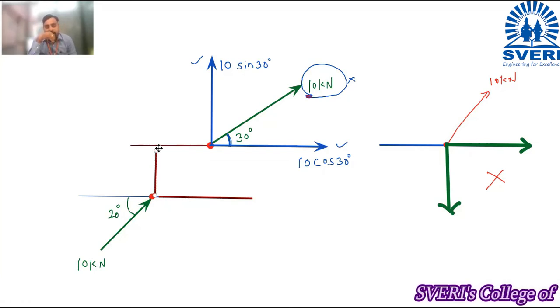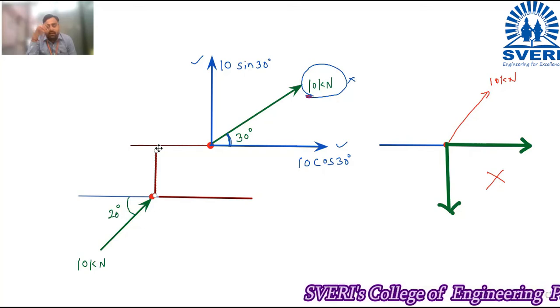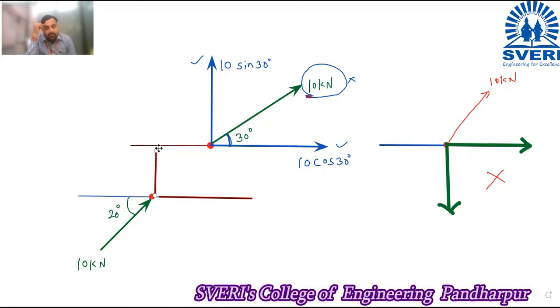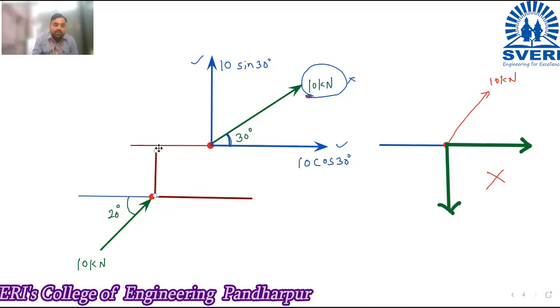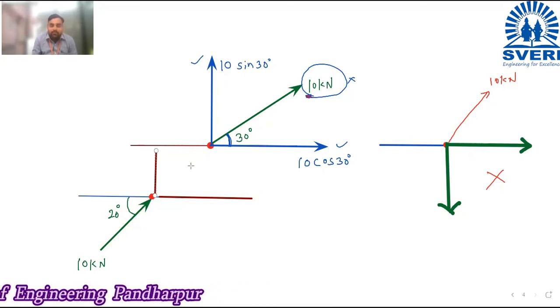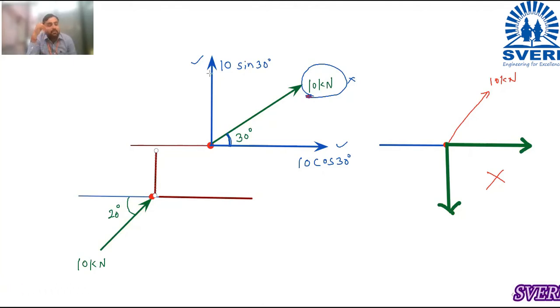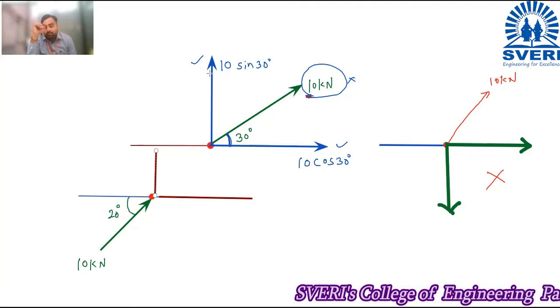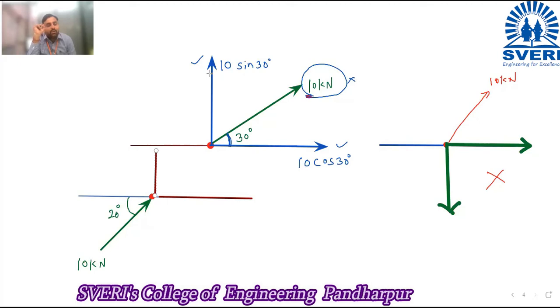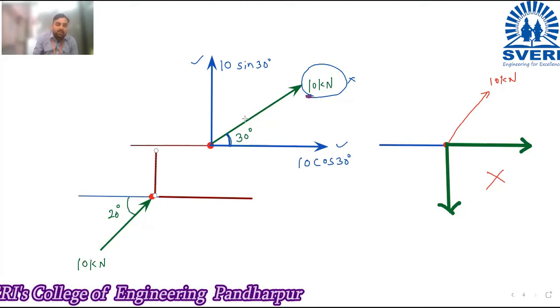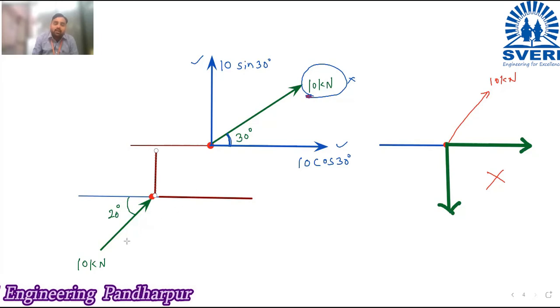Sir, extend the arrow. Extend the arrow, the angle should come in between. Extend the R. Okay, so you are saying to take this over here. Yes. So see, we need to draw one line parallel to x-axis and one line parallel to y-axis. Okay, but you should draw these two lines in such a way that your main component should come in between those two. Do not keep moving the R. While drawing components, draw them such that this one comes in between the two.